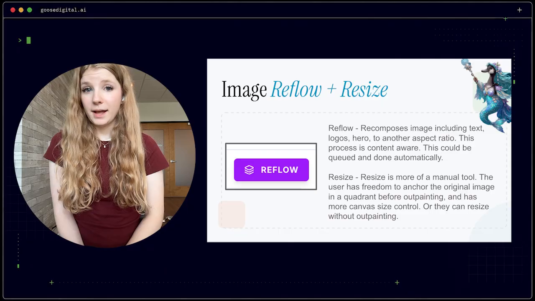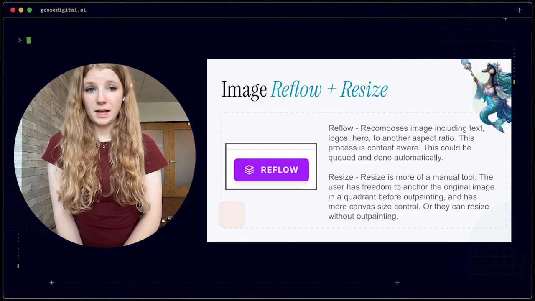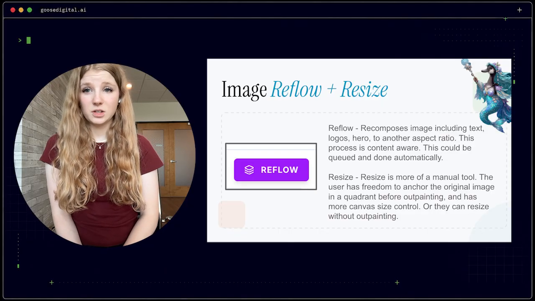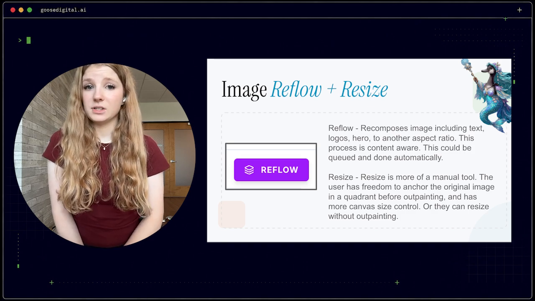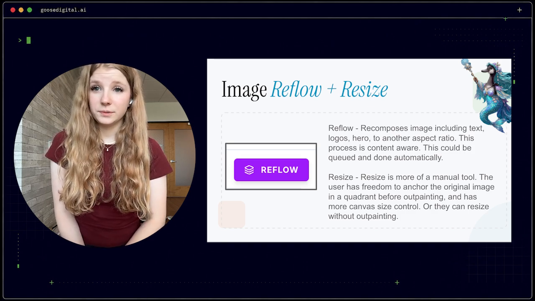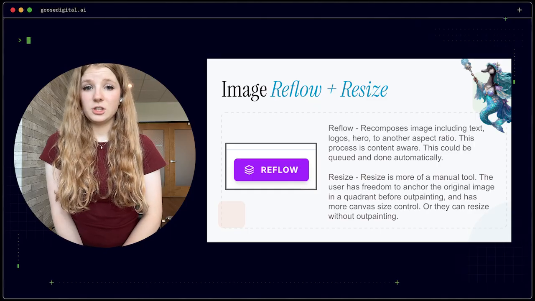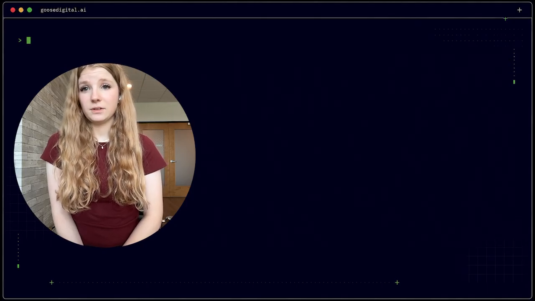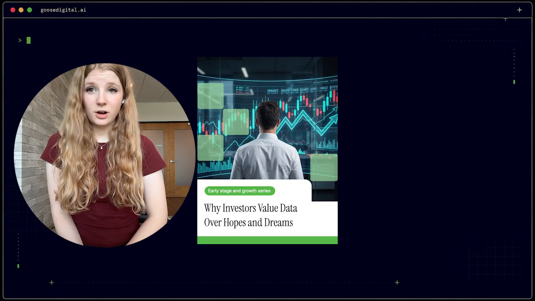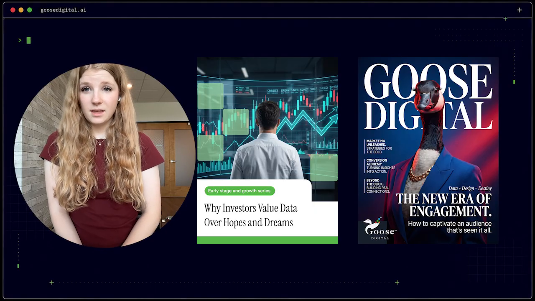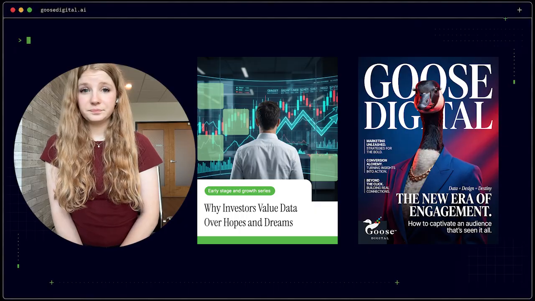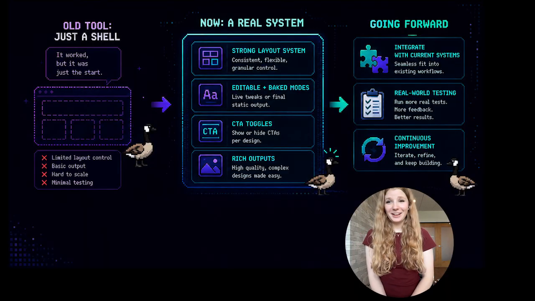And for multiple formats, Reflow recomposes the full design to a new aspect ratio in a way that's content aware, all repositioned intelligently. Manual resizing is also an option for when you want more control. So with all these features, it's really easy to create several different types of graphics. You have your strict graphics, you have your specific design graphics, and you also can maintain the style consistency of your brand. The old tool was a shell, but now it's a lot more fleshed out and it's coming together